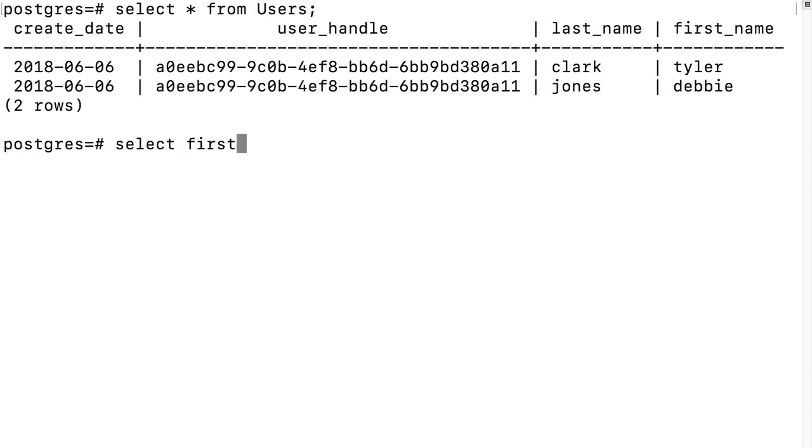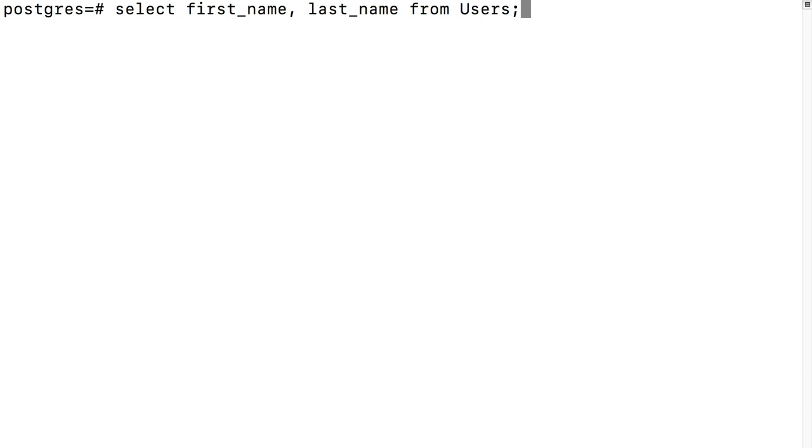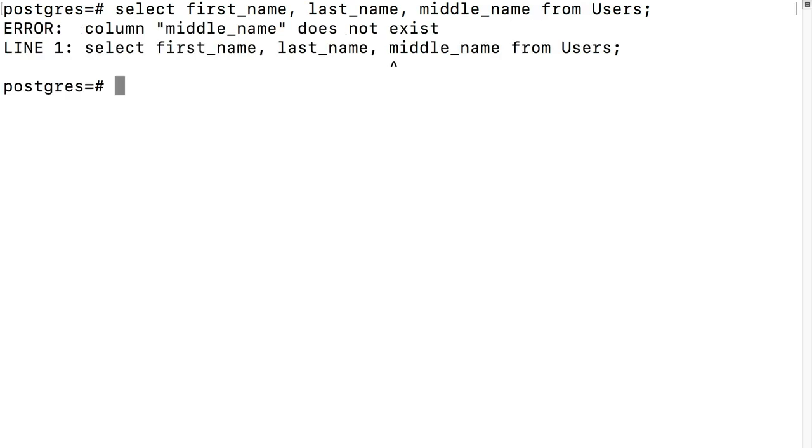The asterisk states that we want all of the columns within the defined table. We can also just select out specific columns by comma separating them. If we ask for a column that does not exist from our table, we're going to see an error. So if we ask for middle name from our users table, we'll see that the column middle name just doesn't